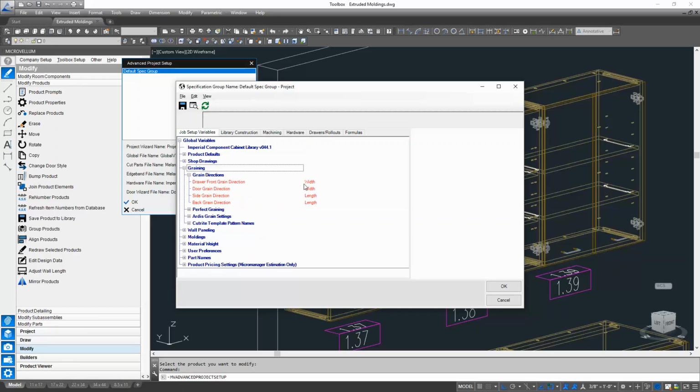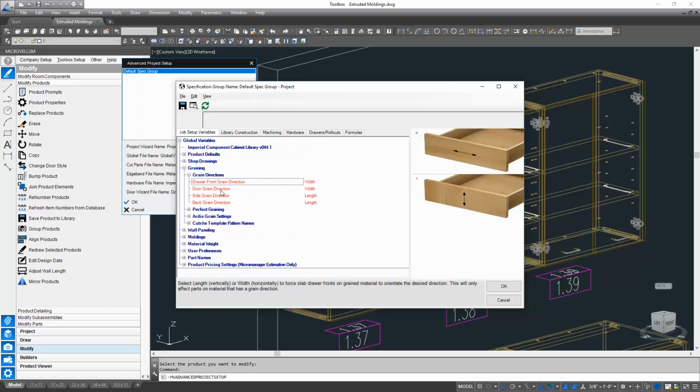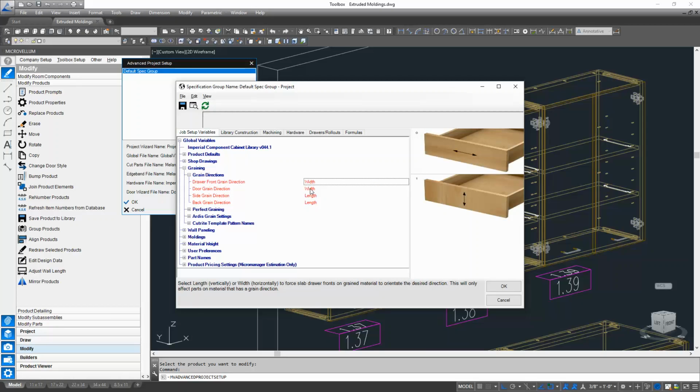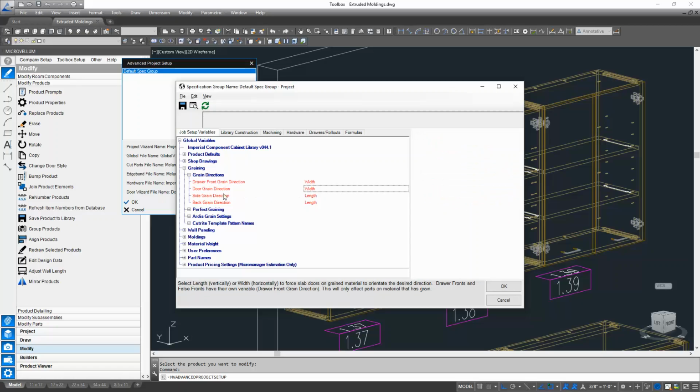So we have some grain direction options, and you can see these are in red because they're actually driven from the wizard, but we have options for drawer front grain direction, door grain direction, side grain direction, and back grain direction. So drawer and door are fairly self-explanatory, running with the width of the cabinet or the height of the cabinet. So in this case, the grain direction is going to be running with the width of the cabinet, and